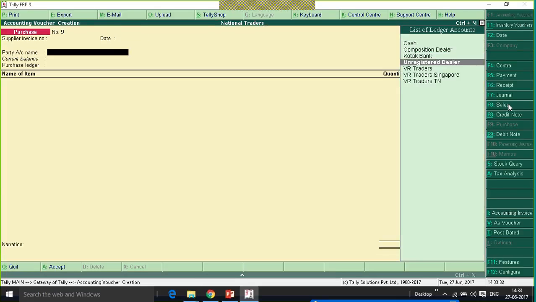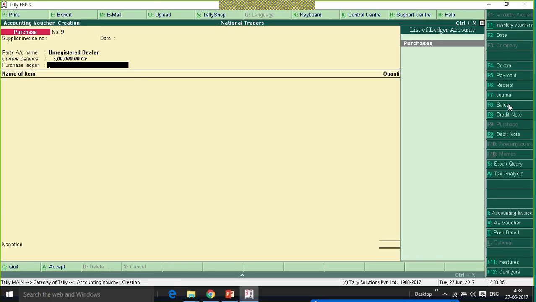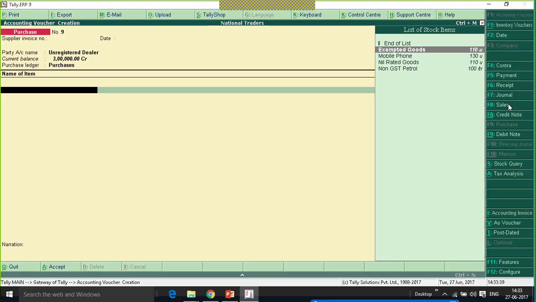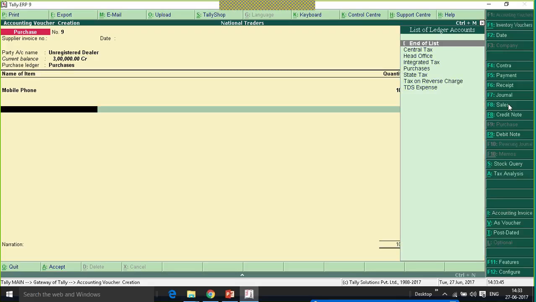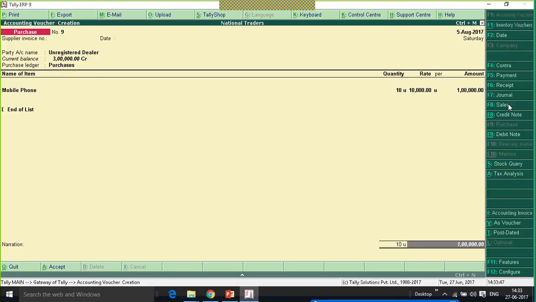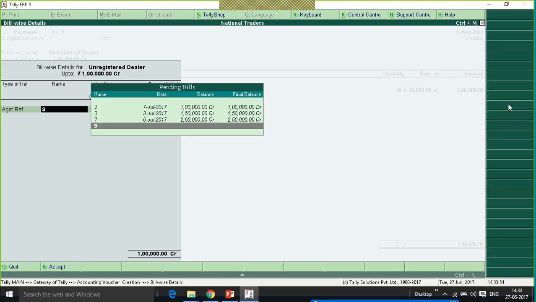I'll record the purchase transaction from the unregistered dealer to whom I have paid the advance payment. And here in the view-wise details, I will select against reference and set off the advance payment.